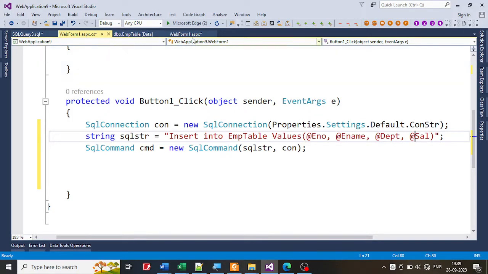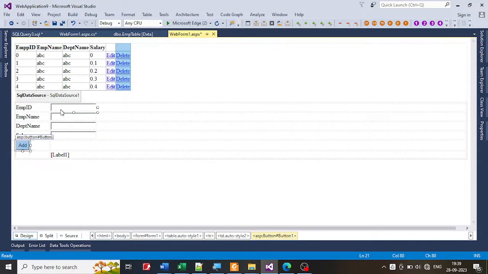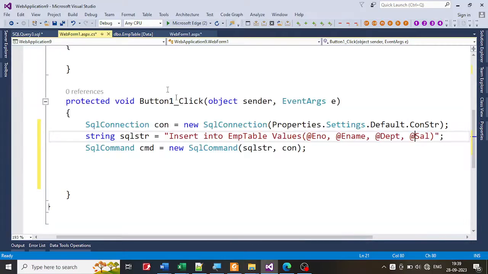They will come from your text boxes here, text box 1, text box 2, text box 3, and all the text boxes that you have created. They are going to appear from those text boxes. So I'm going to give one command, so the parameters. So first I will go to this cmd. This is the object,